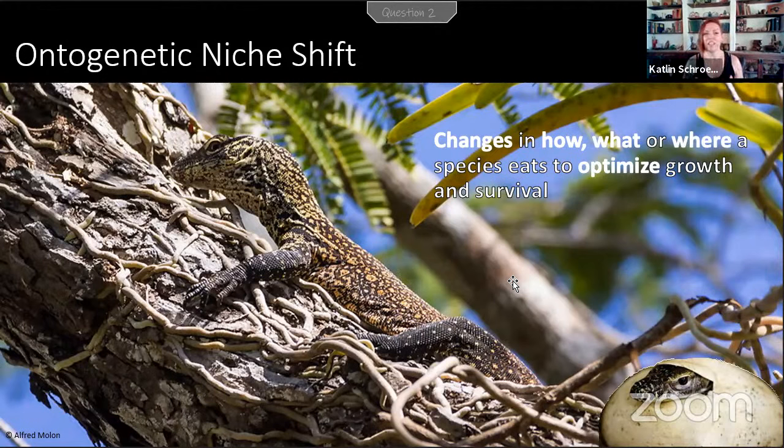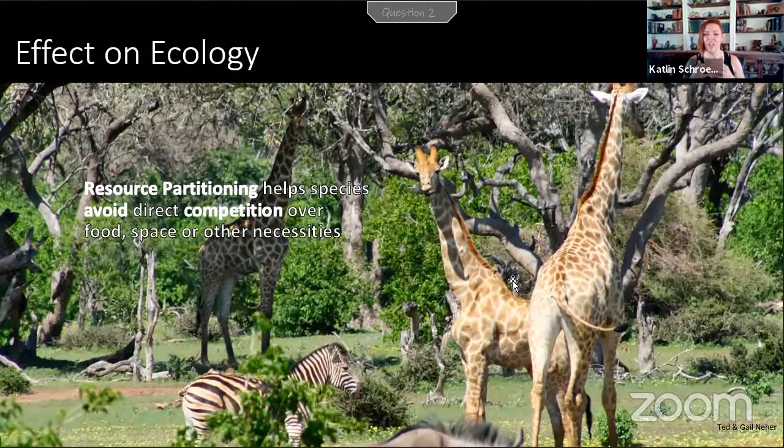And this is a really important thing because ontogenetic niche shift is actually a way to partition resources. So resources being food or space. And when you can partition your resources, you can reduce competition within your species, right? So for dinosaurs, which compared to mammals, they have the bare minimum of specialization when it comes to feeding mechanisms. They're mostly too big to partition their habitat vertically like birds. We're not going to find a T-Rex in a tree anytime soon.